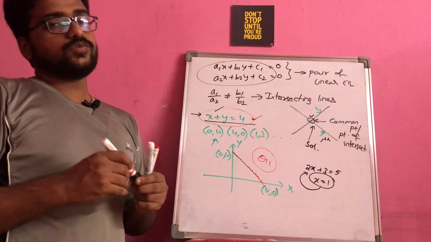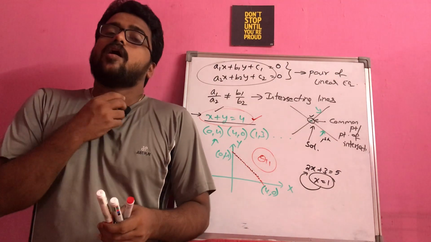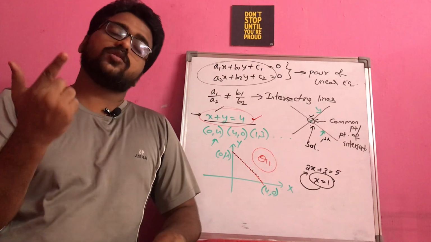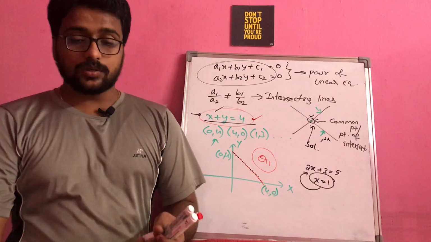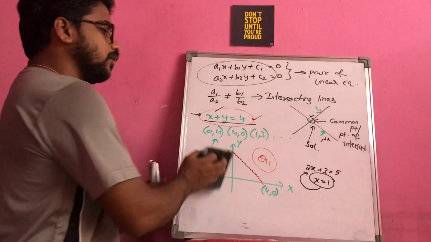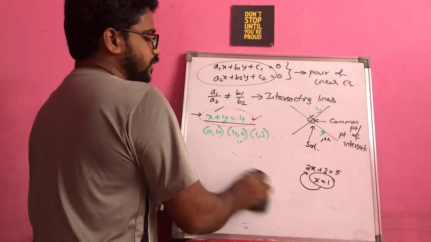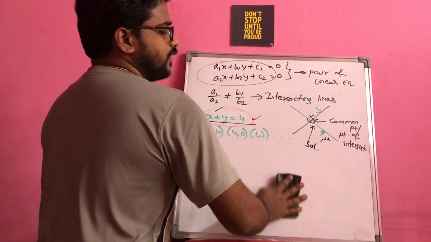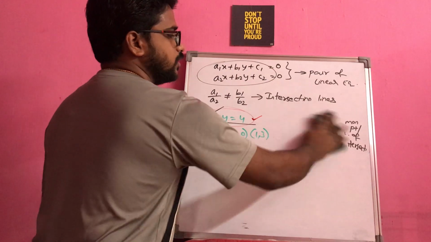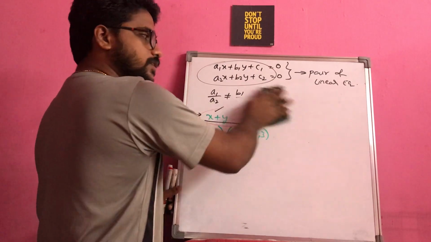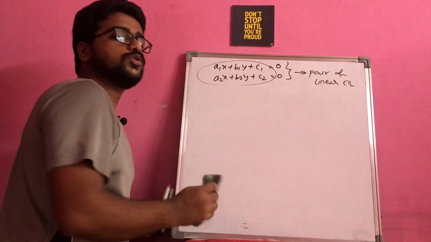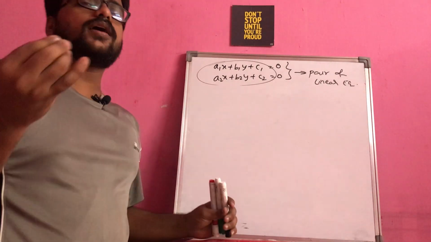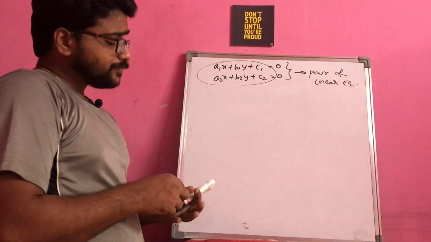Already in the last class we learned that all these words, solution, zero, root, represent the same meaning, but with respect to the topic or concept we just differentiate the names. If it is a polynomial, we say zeros. If it is a quadratic equation, we say roots. If it is a linear equation, we use the word solutions, right? But all of them still convey the same meaning.